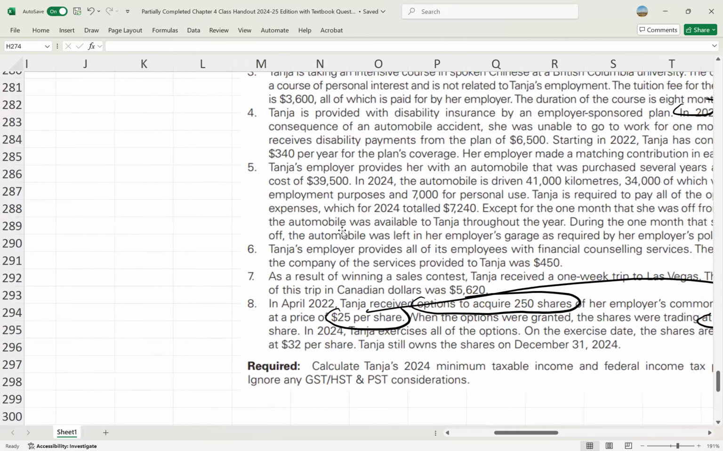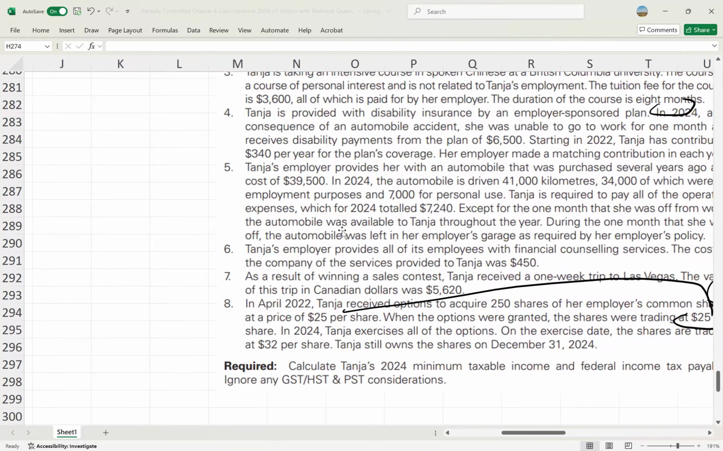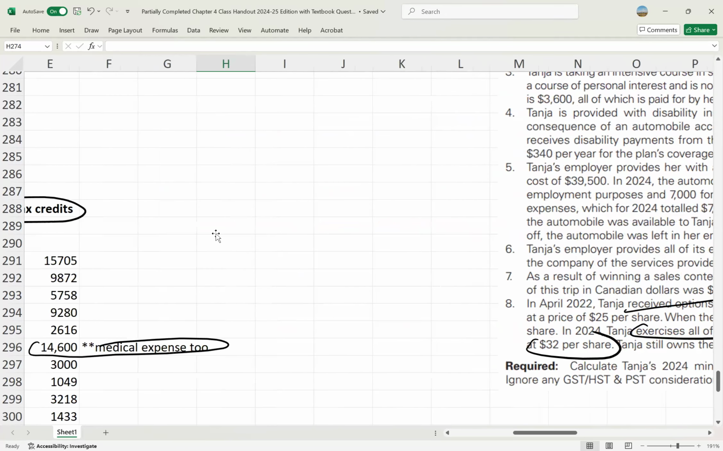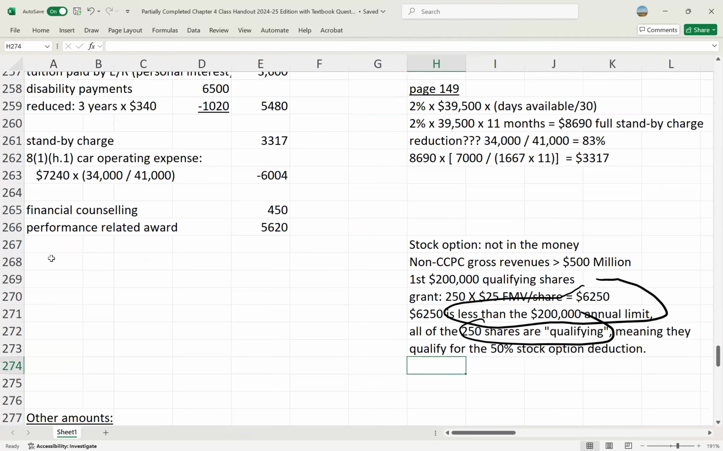So then what happens in 2024? In 2024, she exercises all the options. On the exercise date, the shares are trading at $32, and she still owns all the shares at the end of the year. So now we have to figure out what is the amount that gets included in her employment income, and then what is the amount of deduction she gets to take when she calculates taxable income. So 250 shares times the difference between 32 and 25,